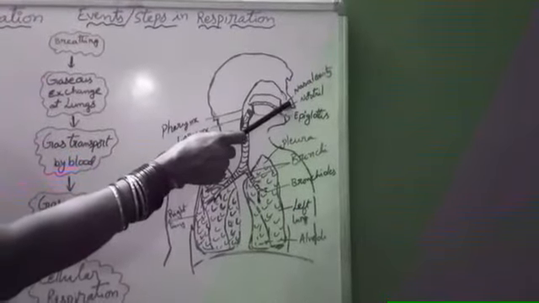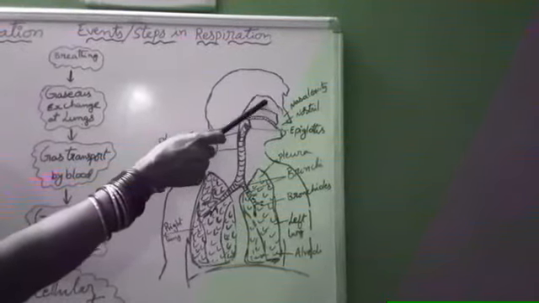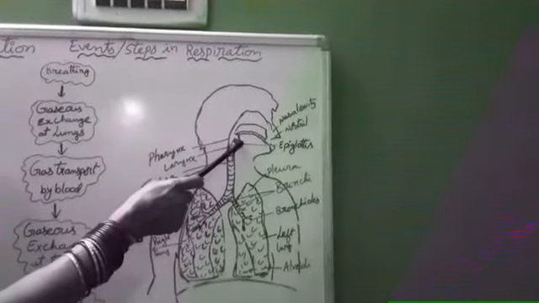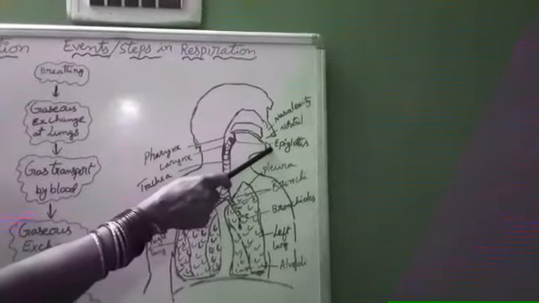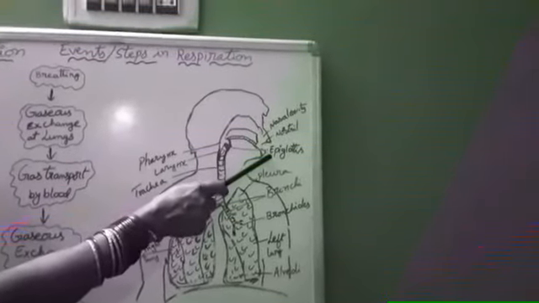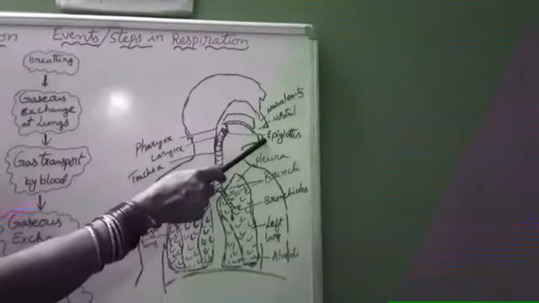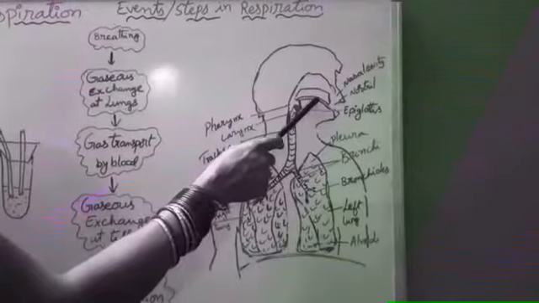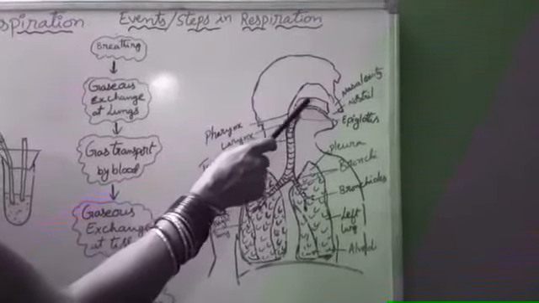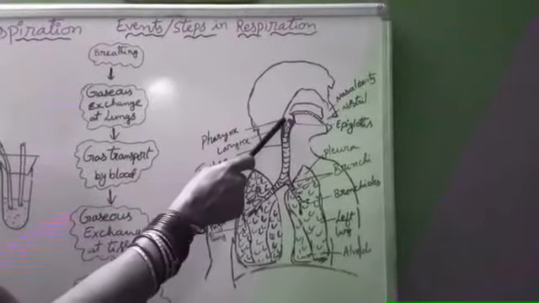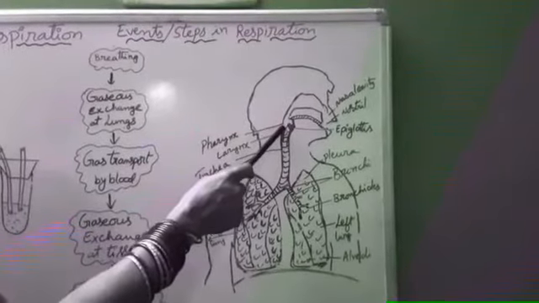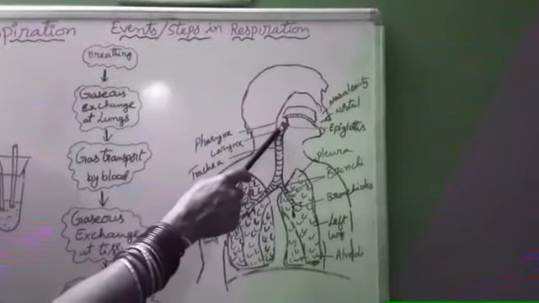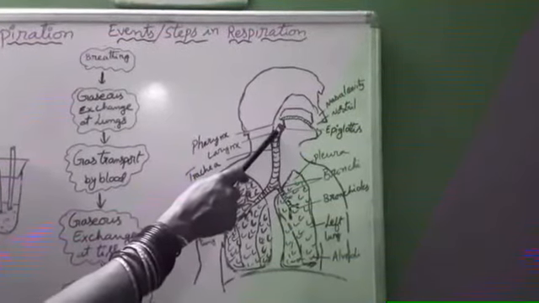Here nostrils open into the nasal cavity. This is the nasal cavity. Here we are able to find the epiglottis. It is a flap-like structure which prevents the entry of food into the windpipe while we are eating. The oral cavity and the nasal cavity are separated by a bony plate called the palate. Next, the common junction for the windpipe and the food pipe is the pharynx. Next, the uppermost part of the windpipe is called the larynx, the voice box.